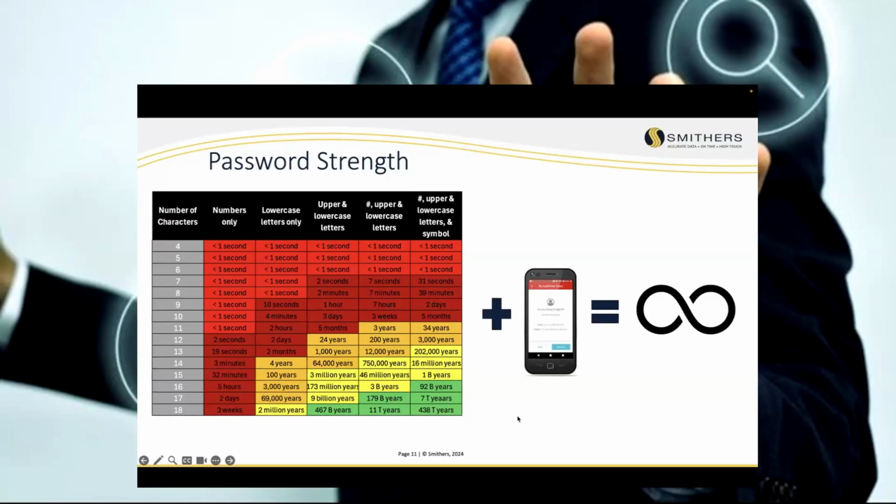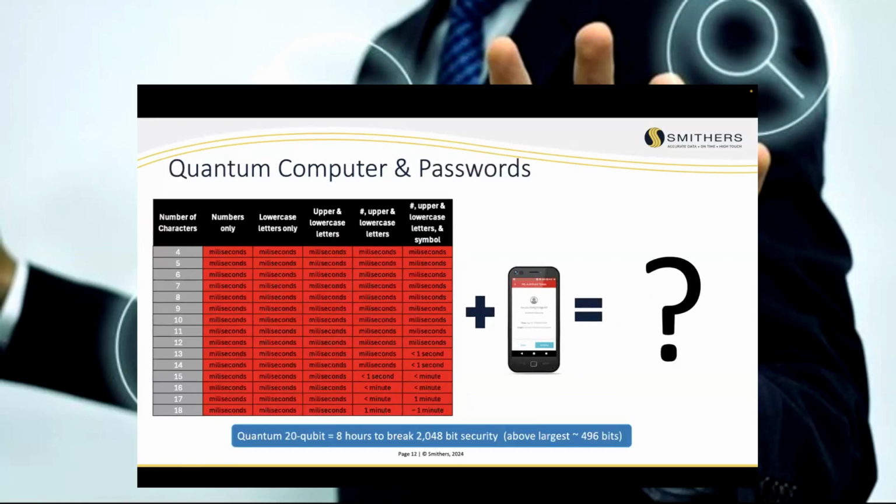There's a little problem. Anybody heard of quantum computing? Well, it scares the hell out of those of us that do cybersecurity, and here's why. Here's what that matrix looked like with quantum computing. And right now, this is the latest. Basically what they're saying is that if you have a 20 qubit machine, and don't ask me for the explanation of it, it makes my head hurt, a 20 qubit quantum computing machine would be able to break a 2048-bit security in about 8 hours.